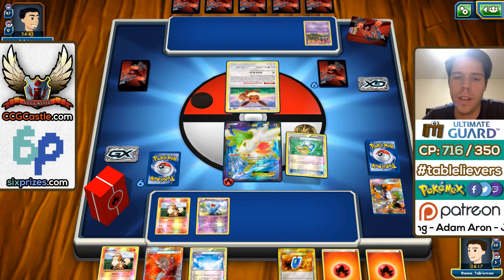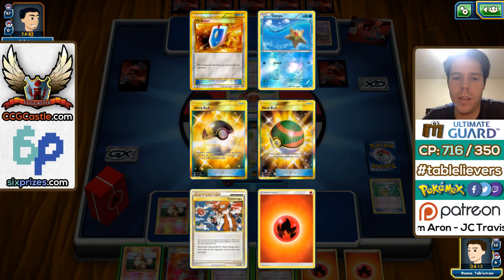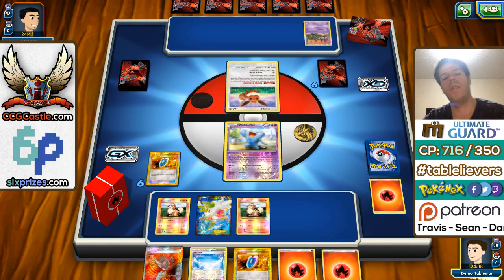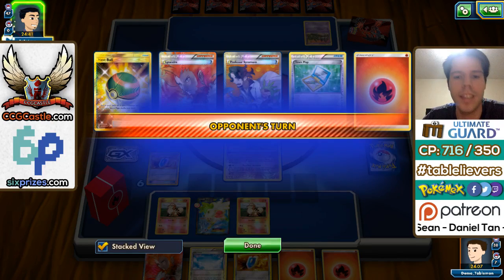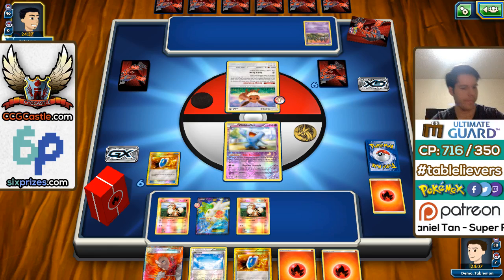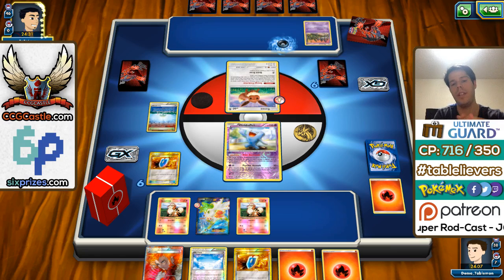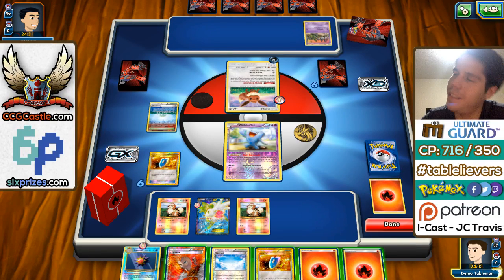Okay. So we get more energy. We get a stadium. We get to see our prize cards. And we don't find a floatstone, but we do get our last Lysander, because why not, right? Why not? Okay, so Paralysis, that's fine. That's why I didn't play my Skyfield. Okay, so now if